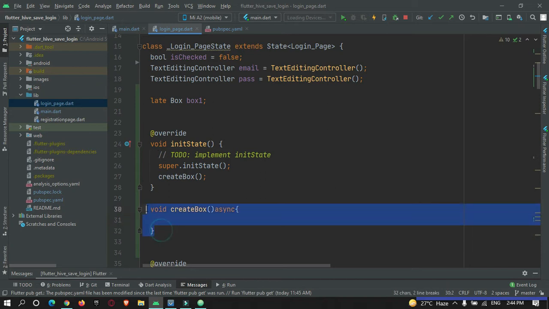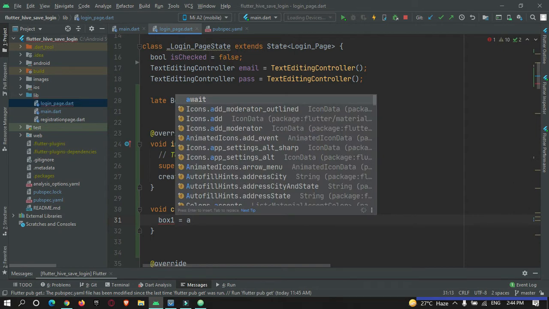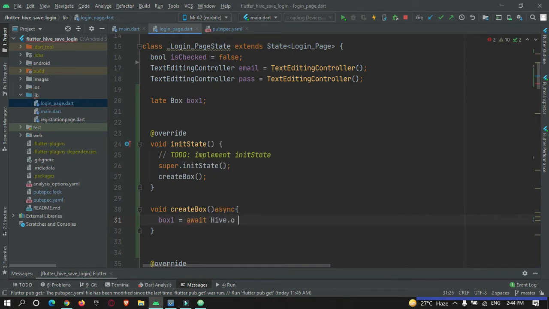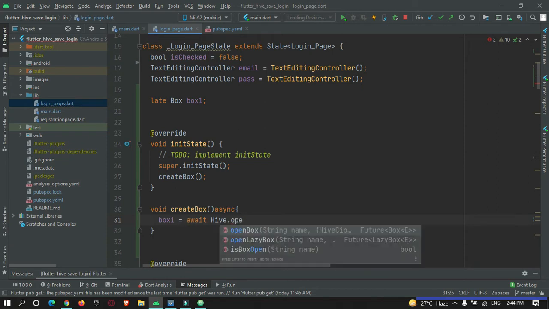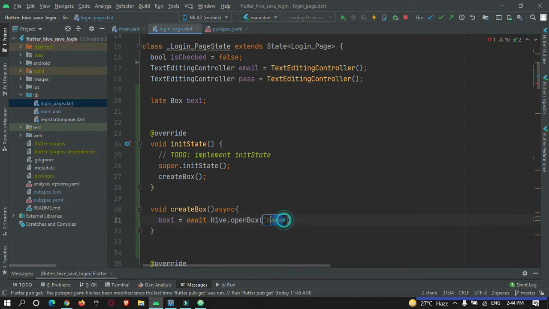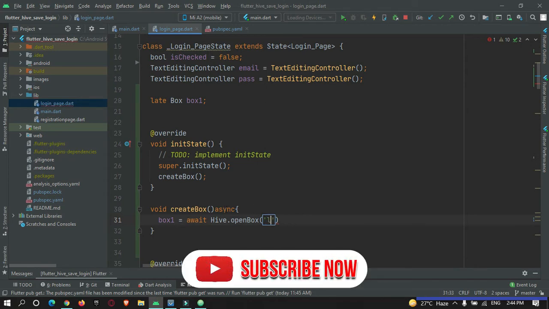In this method I need to create a box where the data will be stored. So box1 is equal to await Hive.openBox, and here you need to specify the box name, that is our database name or table name, as I explained in my previous part. Let's name this table loginData.